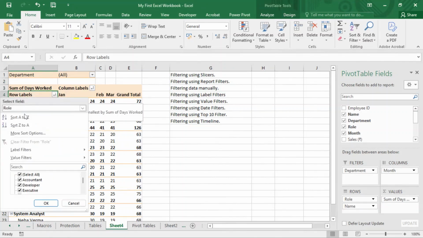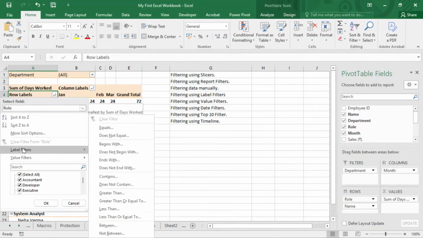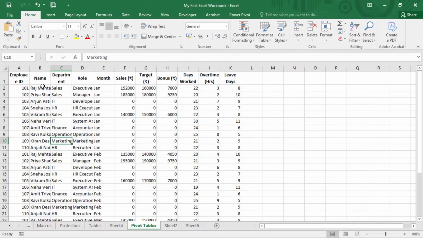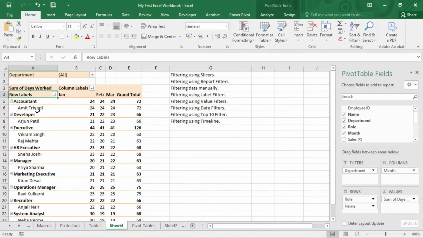Now, if I open the filter, there are other options here. Label filters. You can see this. Now, the label filters can only be applied to text values. So if I have this particular column, which is role and name, these are text values. So the content of this field, if I go to this data, everything within name is text. There is no number in it. Everything within department or role is also text. So that's why it is showing me the label filter,